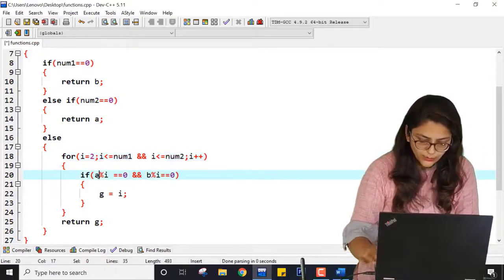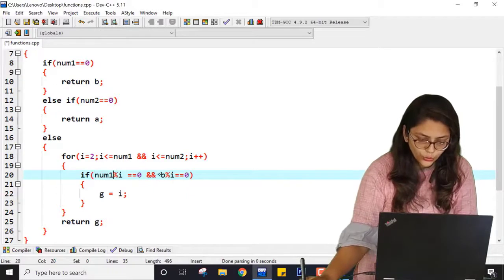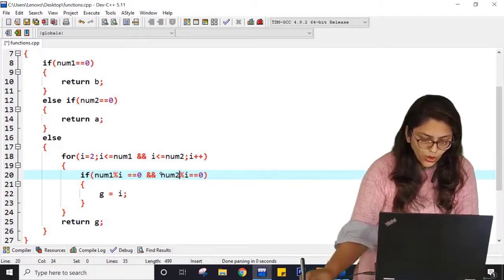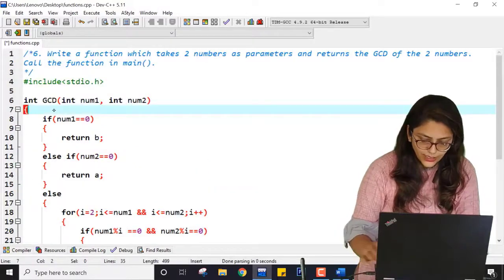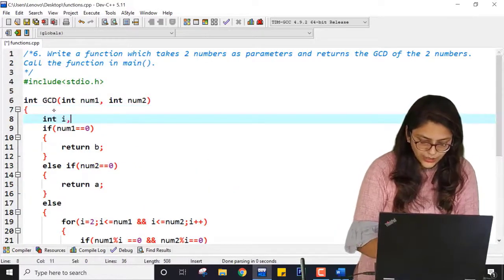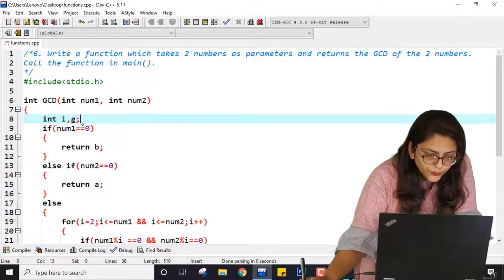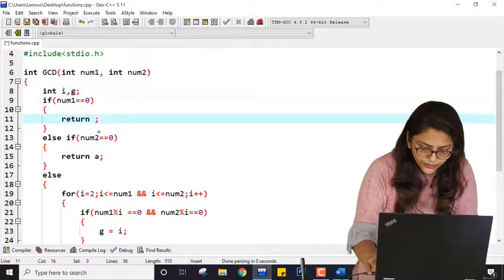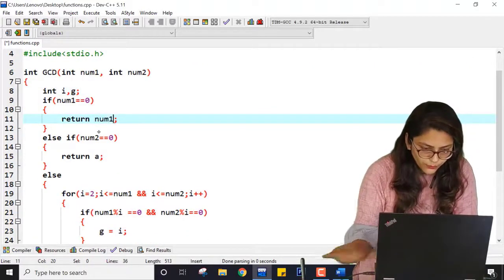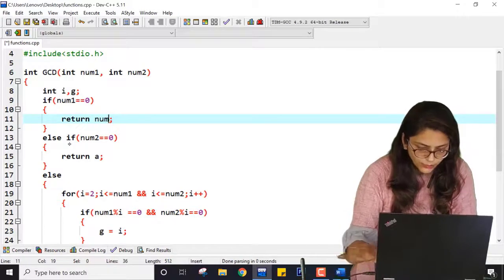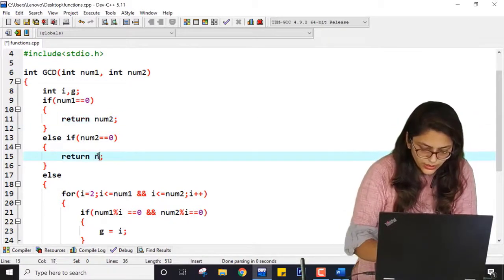I have already shown you that these values will be copied. Here G is not there, so I have to declare int I and G. Right, is there any error? Return num1 or num2. Here it will be num1.